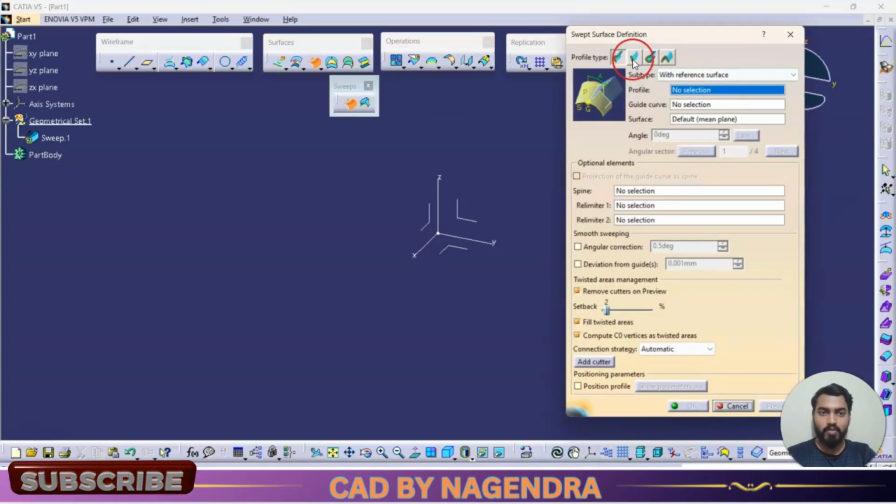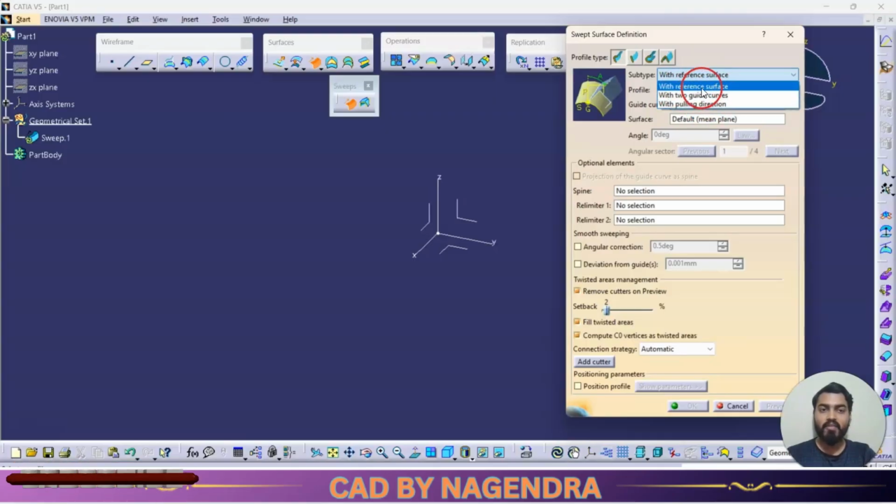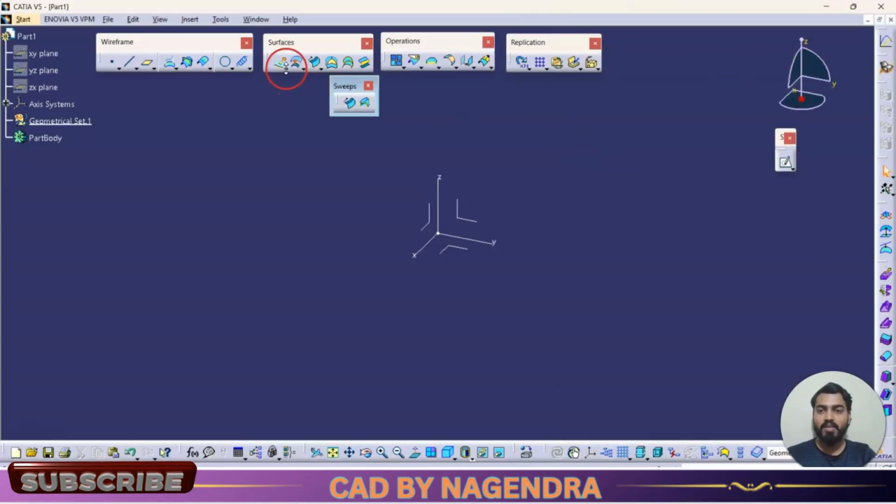Under Sweep, we are going to start with Explicit. Explicit means that whatever shape the material should take, we need to create that shape as well. That is Explicit. Under this Explicit, there are three ways we can create an Explicit profile. First I am using the one with reference surface. What is meant by with reference surface? For example,